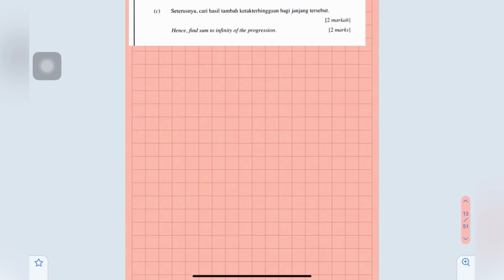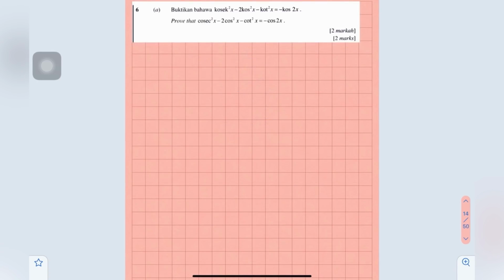C, hence find the sum to infinity of the progression. So the sum to infinity is a over 1 minus r. Okay, so a is 4.5 and r is 1 over 3. So this one you just calculate. The answer is 6.75. Number 6A, prove that cosecant squared x minus 2 cos squared x minus cotangent squared x equals to negative